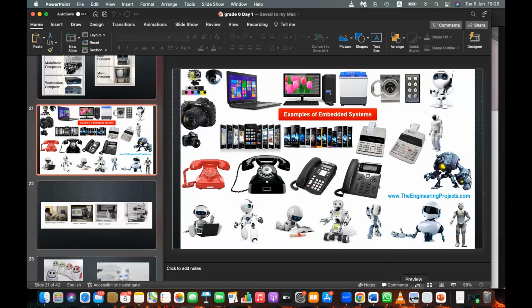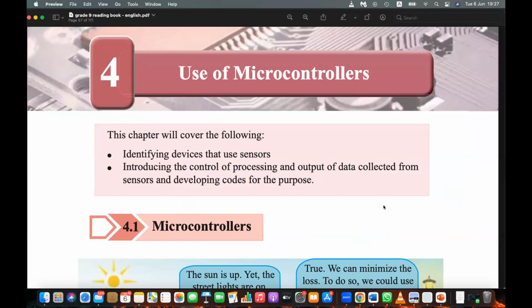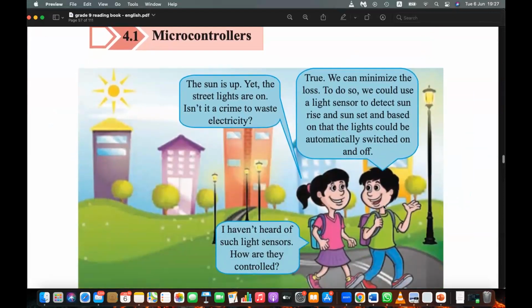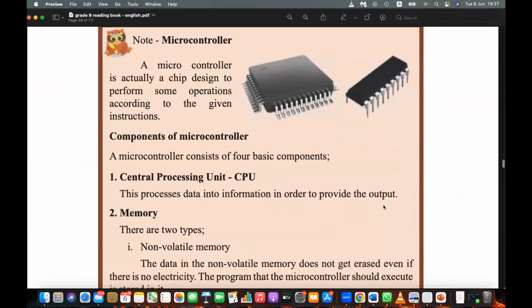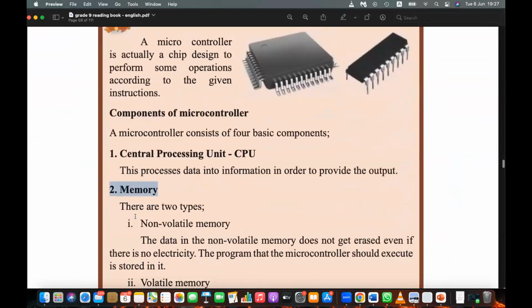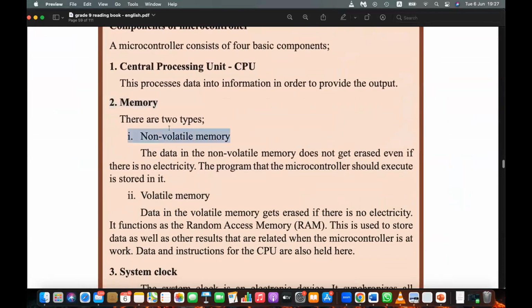Let's come back to grade 9. Under microcontrollers, we are going to learn about these single board and single chip computers. These also have a central processing unit and memory. Memory means two memories: temporary or volatile memory like random access memory, and non-volatile, permanent memory, which can store data for a long time.